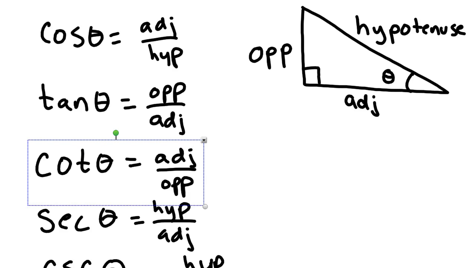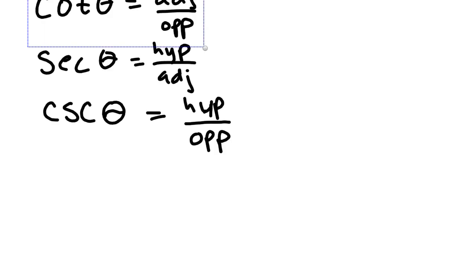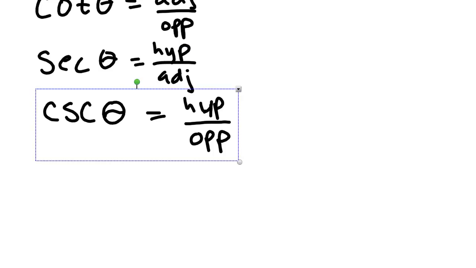Cotangent is adjacent over opposite. Secant, hypotenuse over adjacent, and cosecant, hypotenuse over opposite. So there's the first thing. If you don't know what those are, stop this video and go find some other videos on maybe the 6